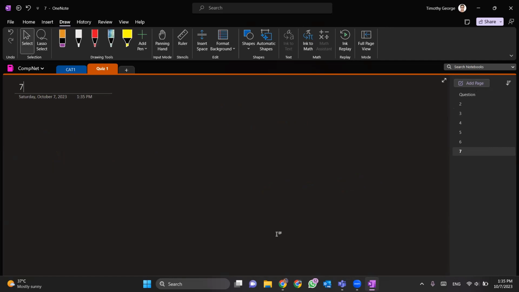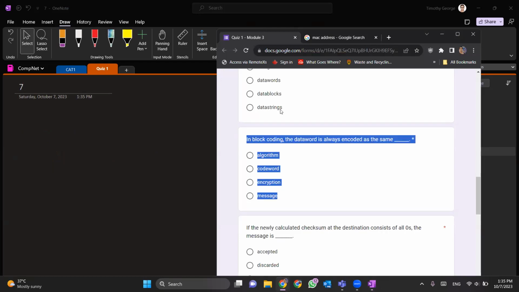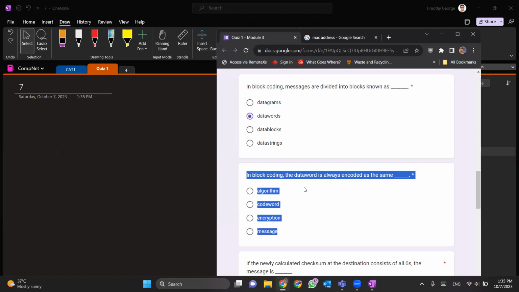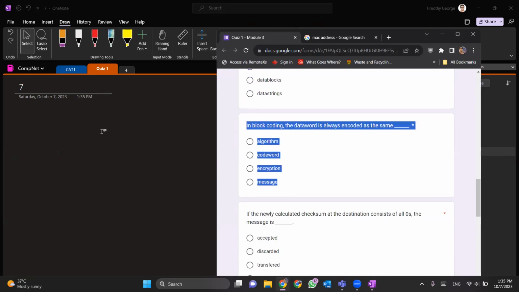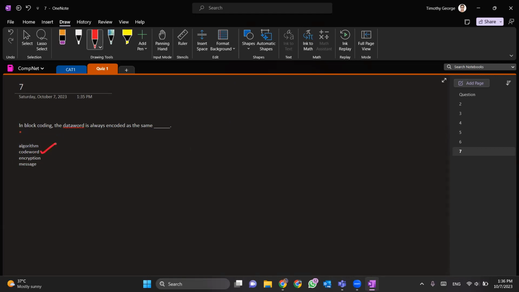Seventh question. Let's write this as data words. Okay. In block coding, the data word is always encoded as the same algorithm, code word, encryption, message. So this is straight from memory, exactly what we did in the previous question. You should immediately know the answer is code word